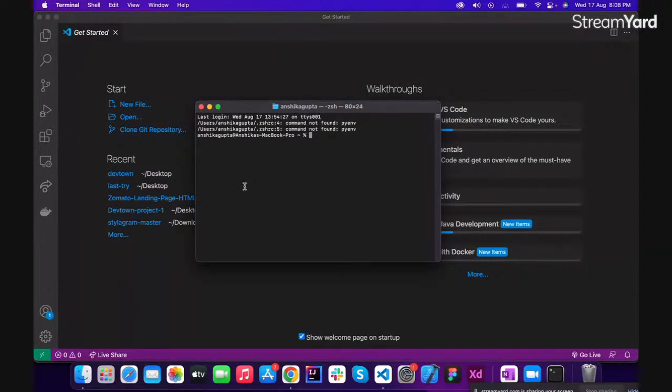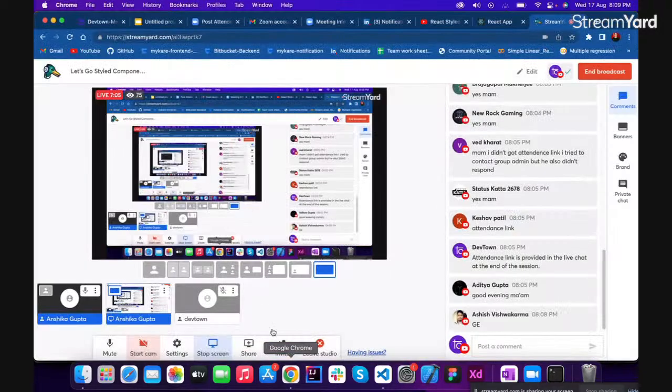Now we are going to do the setup of our project. If everyone has knowledge about React components and all, correct? So basically,